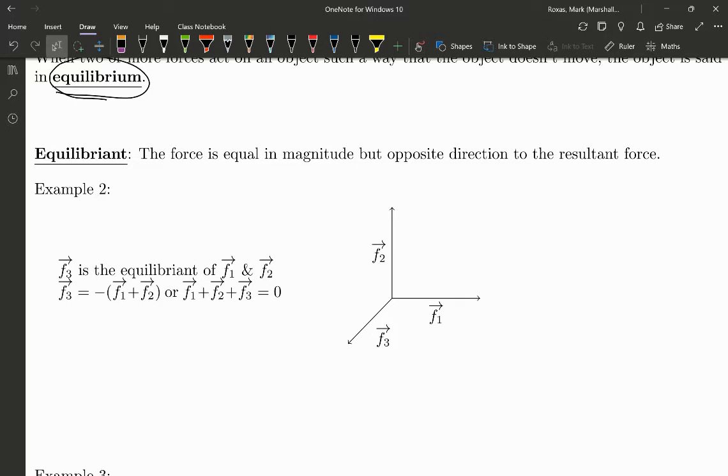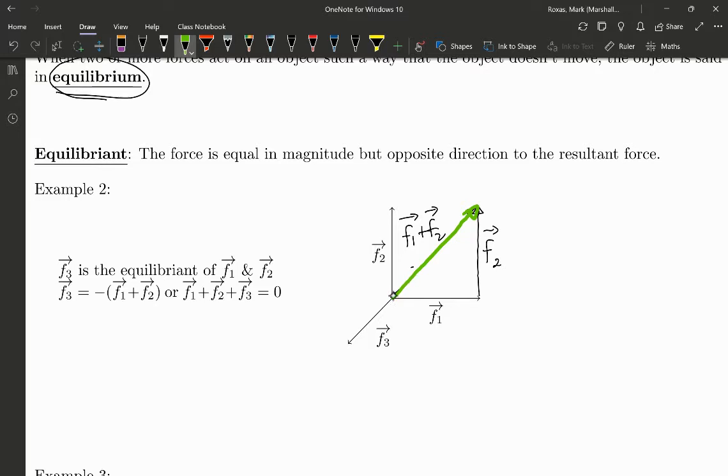The equilibriant is a force equal in magnitude but opposite in direction to the resultant force. For example, if I had F1 and F2, these two forces that you see here, if I translate F2 over here and connect them head to tail with my F1, I can now add them, F1 plus F2, leaving me with a force that looks like this, F1 plus F2. Let's make this green. There we go. This resultant force